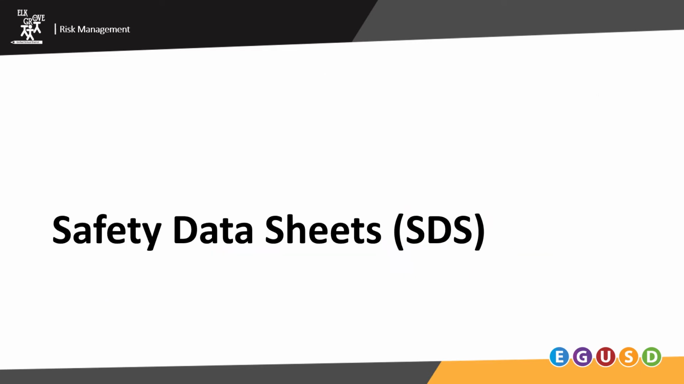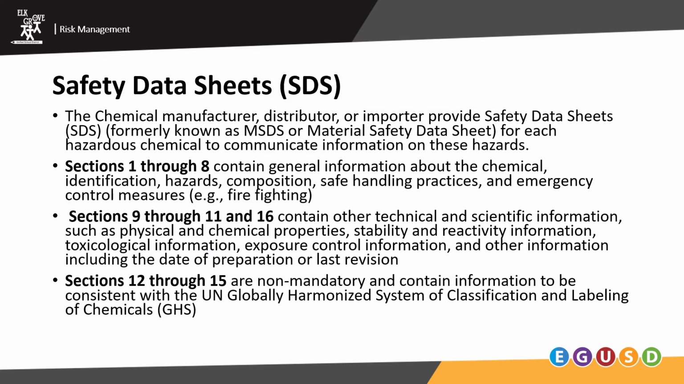Safety Data Sheets, SDS. The chemical manufacturer, distributor, or importer provides safety data sheets, SDS, formerly known as MSDS or Material Safety Data Sheet, for each hazardous chemical to communicate information on these hazards. Sections 1 through 8 contain general information about the chemical, identification, hazards, composition, safe handling practices, and emergency control measures,